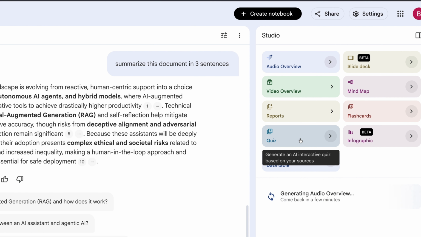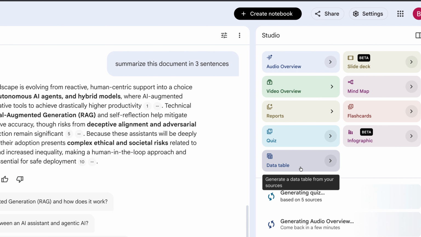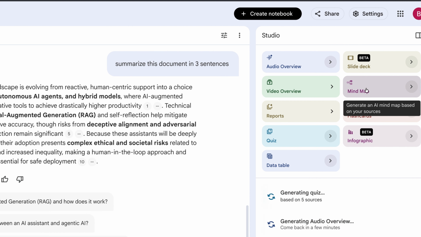So you can generate a quiz, interactive quizzes. You can let AI help you quiz yourself based on the materials that you have. All you have to do is just click on quiz, and then it's going to generate a couple of quizzes for you. You can also generate data tables, same as mind map. So you click on this, and it's going to generate a mind map for us,